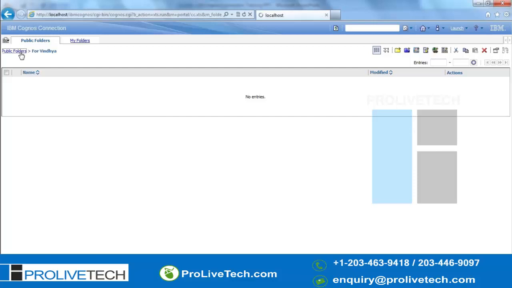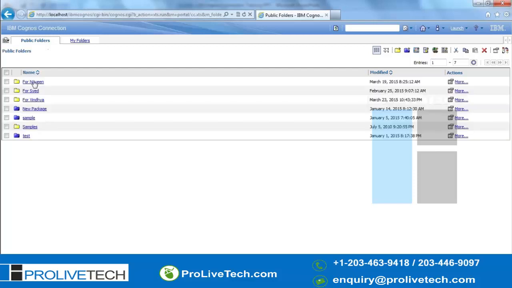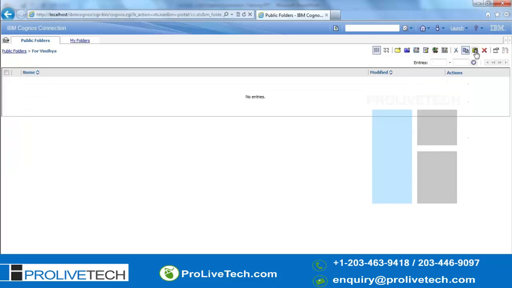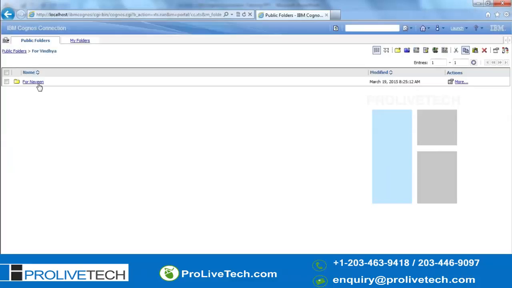You can copy, for example. If you want to copy, you just need to select that object, click on this, go to this folder and paste it. So it's all like normal Windows features, right?